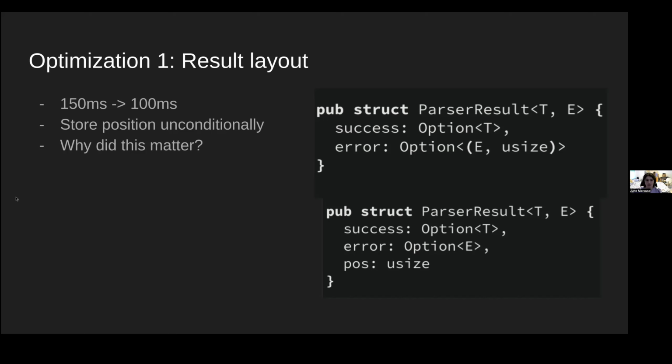The reason this made such a big impact is because it reduced branching. Branching is one of the things that will really hinder performance, because modern CPUs will try to speculatively execute your code ahead of when the values are even known, by trying to predict the outcome of certain branches.